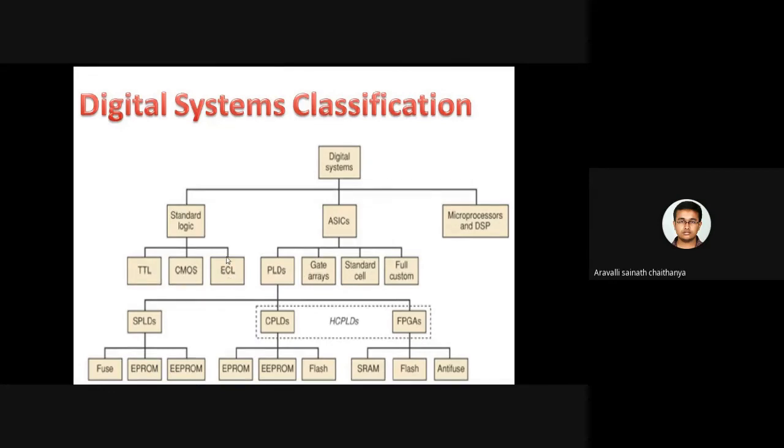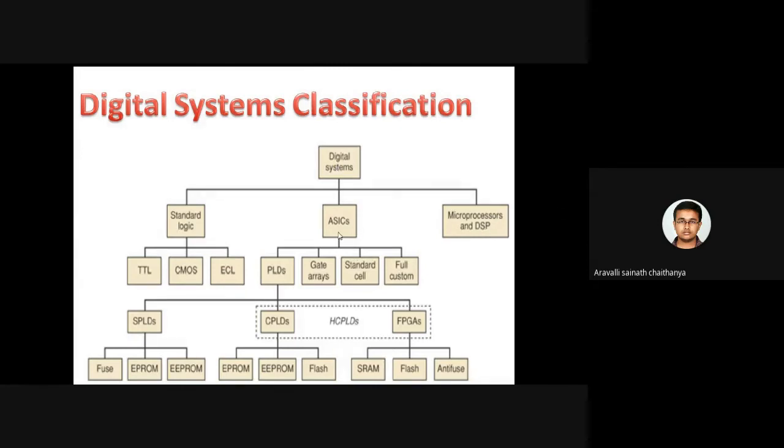These three are the standard logics. So TTL cooperates to give me a digital system, CMOS also helps me realize a digital system, as well as ECL. Okay, so this part is over.